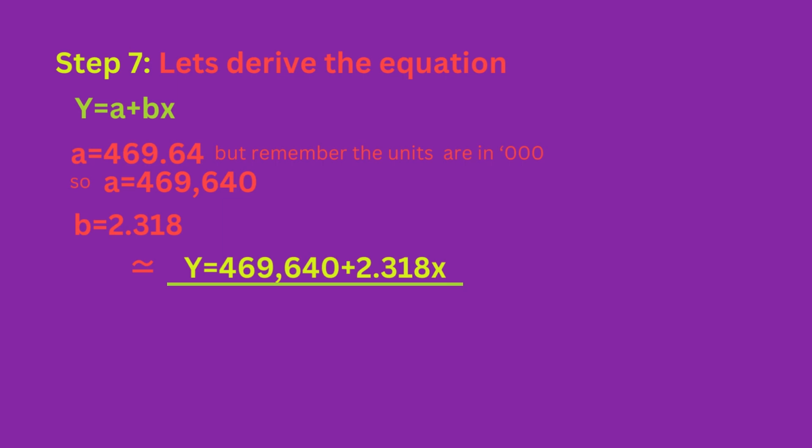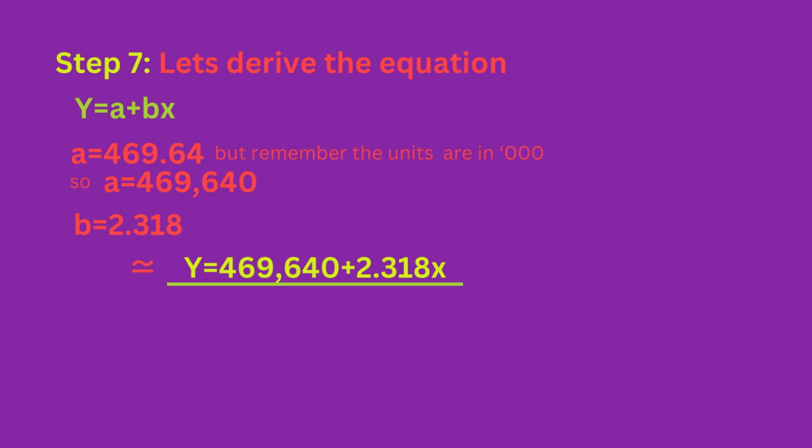That's our function. So a, which we've computed, we got 469.64. But remember, as we started in our example, our units were in thousands. So a will be equal to 469.64 multiplied by 1,000, which will be